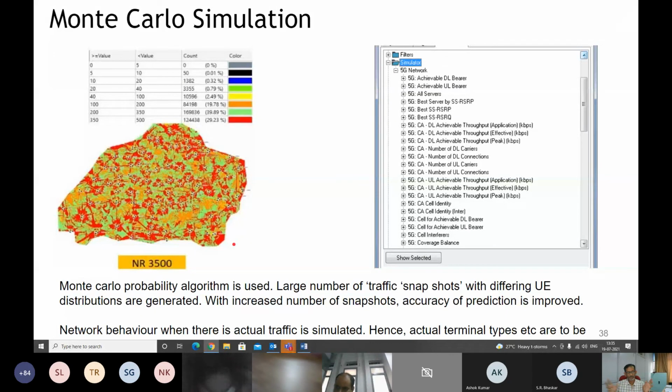More iterations will take more time, that's all. Then you arrive at every aspect of that: who is serving, and what will be the downlink throughput of a particular site. So the entire performance of the traffic behavior is simulated, and your final maps, interference maps, all the maps are generated after this. In the detailed presentations, you can ask questions on that. I'm sure the OEMs will give more details of this kind of simulations.